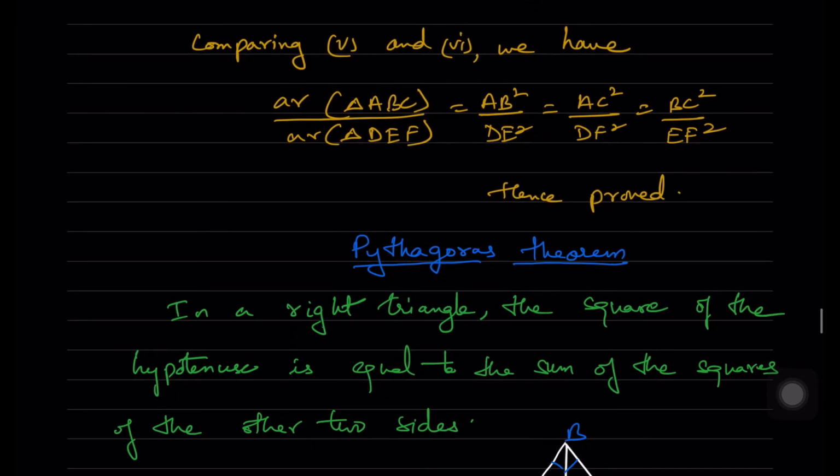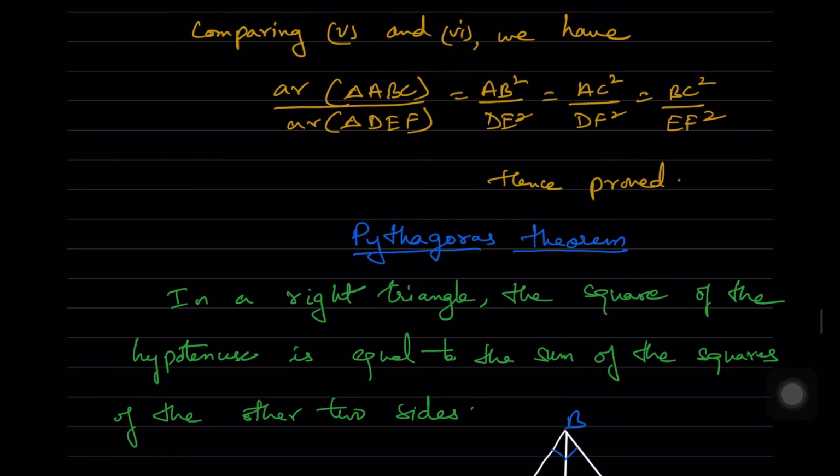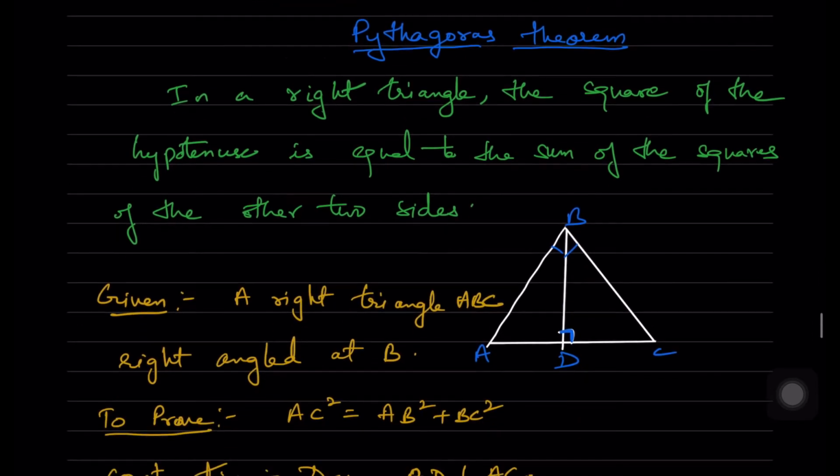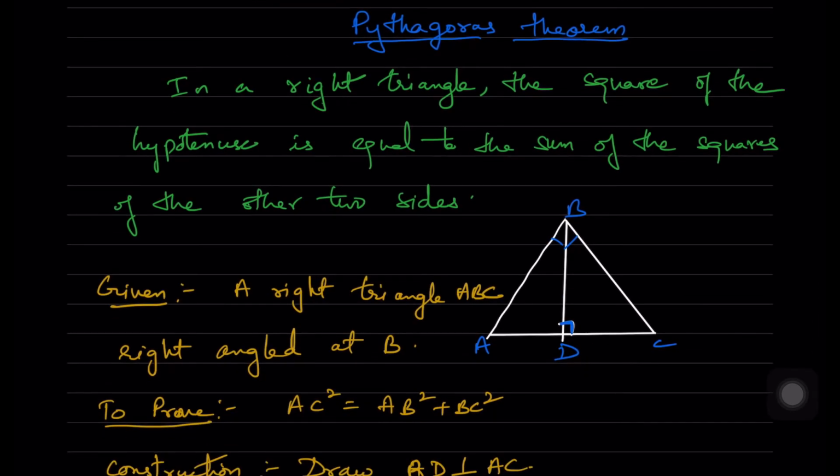So that is about the theorem. This is the areas of similar triangles theorem. Next we have what is called the Pythagoras theorem. In a right triangle, the square of the hypotenuse is equal to the sum of the squares of the other two